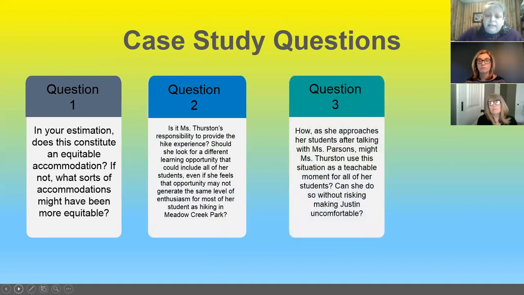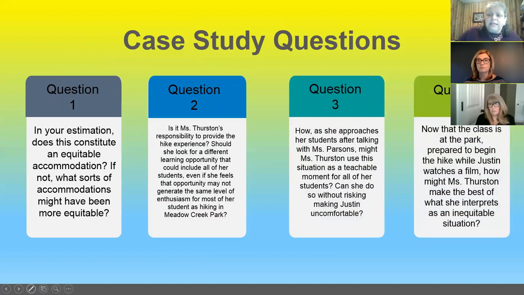How she responds to the park is a powerful teaching moment. And it's a way for her to model to students how to handle situations that are not fair to people that they are in contact with. Being respectful to Ms. Parsons and to the park, and asking for ways to change the situation, and then providing her opportunities to change the situation and not just leave it at, you need to fix it.